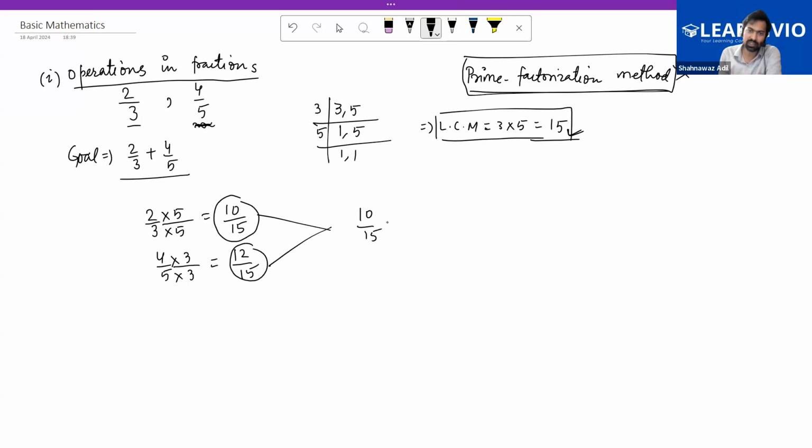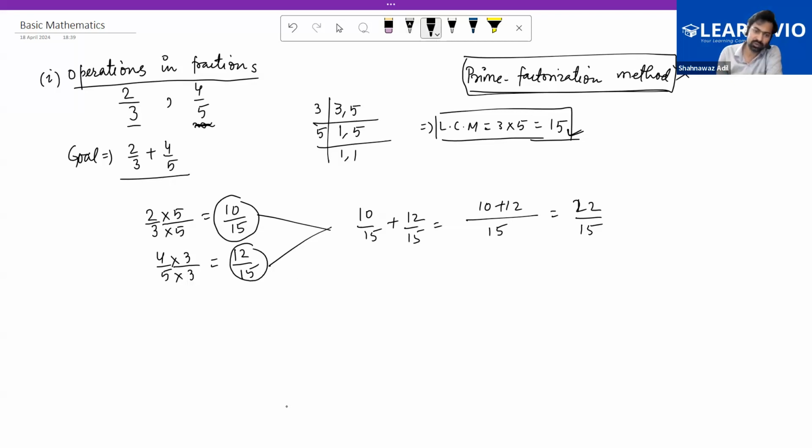So now we can simply add these two, right? 10 by 15 plus 12 by 15 would be simply 10 plus 12 by 15, right? Yes, so this would be the answer, right? And what,